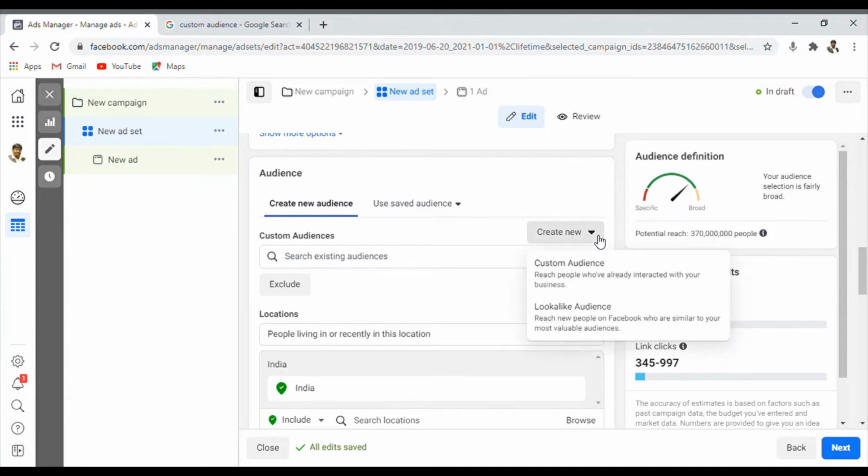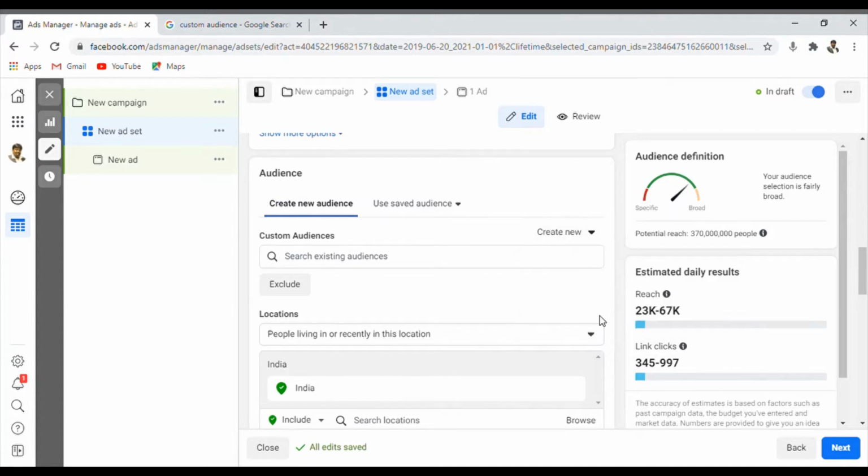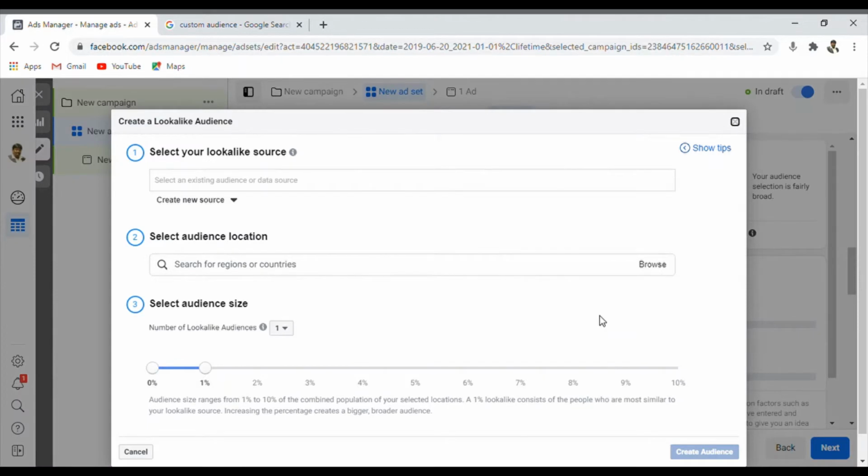Now we are trying to create a lookalike audience, people who are similar to the profile which I am giving. If you pay close attention to this one, in the previous activity I have created a custom audience section. Now that particular custom audience will be used as a source or an input to create a lookalike audience. That is the reason I got the suggestion to create one. Now I'm going to create a lookalike audience altogether separately by giving my own feed or data or input.